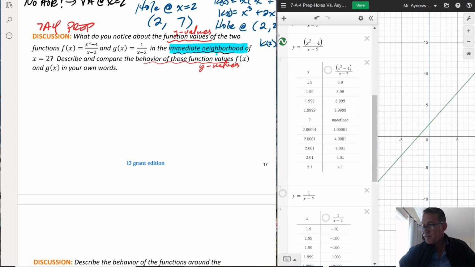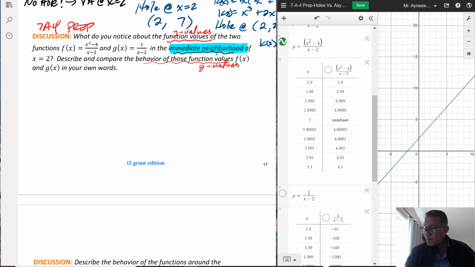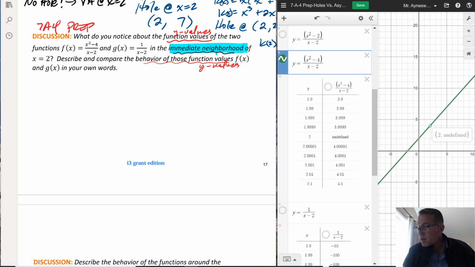So it looks like a linear function, but it's not defined at 2, so there's a hole at 2. If you go to 2 right here, you'll notice that it's undefined right there. See that? It's undefined. So the domain for both of these functions is all reals except 2, just like the previous graphs. All right, let me capture this function here